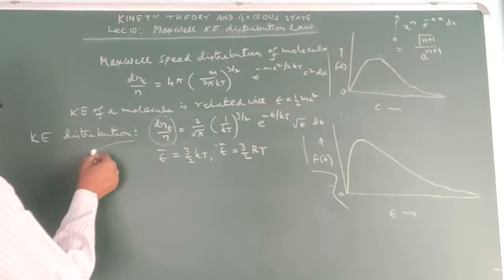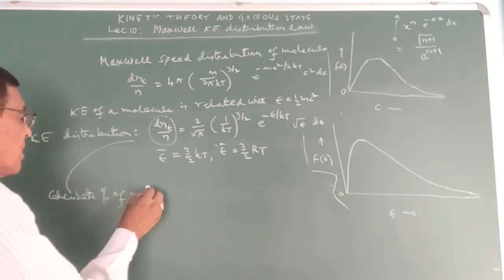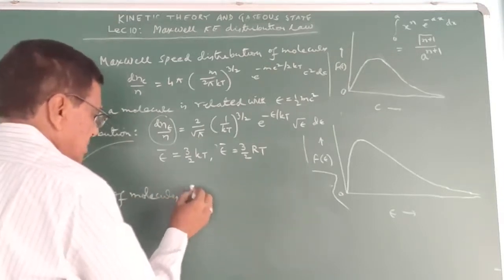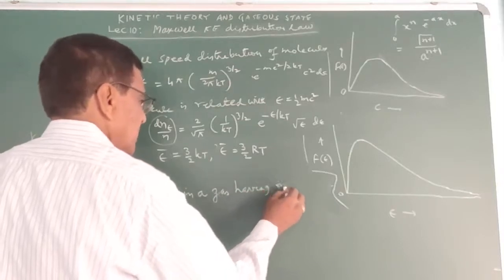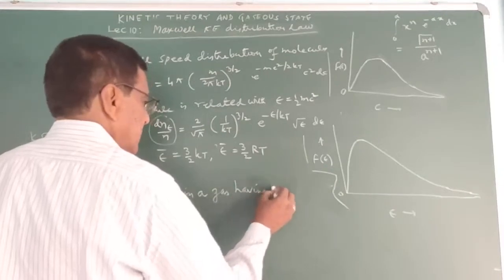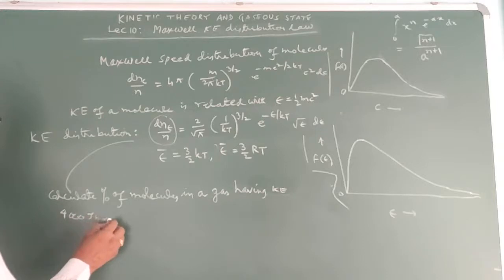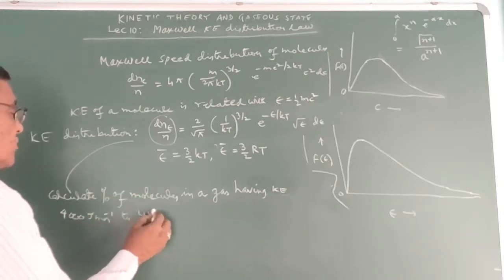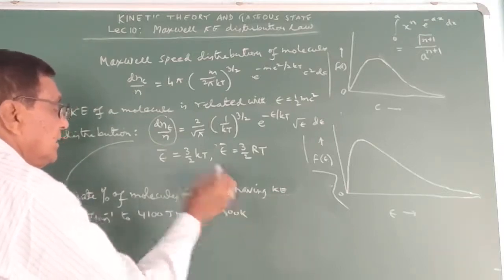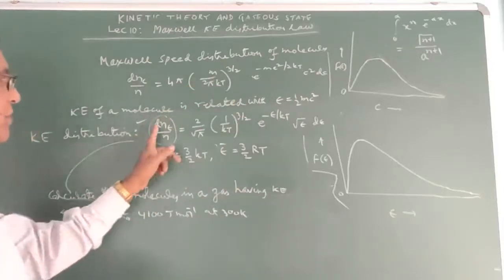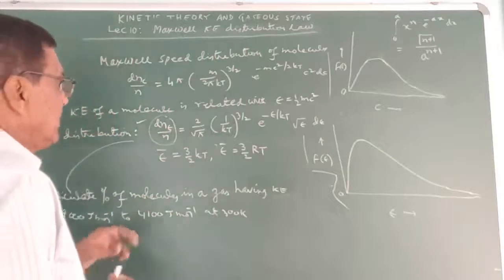From this one, say, calculate the percent of molecules in a gas having kinetic energy 4000 joule mole inverse to 4100 joule mole inverse at 300 Kelvin. So you can put here, it will give you the fraction, and when the fraction is multiplied by 100, it will give you the percentage. So if you put here, let me write this one,